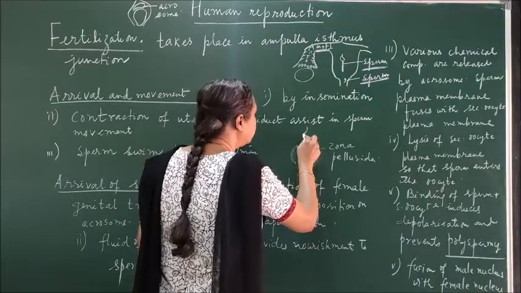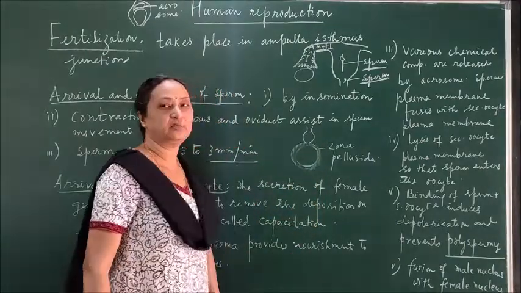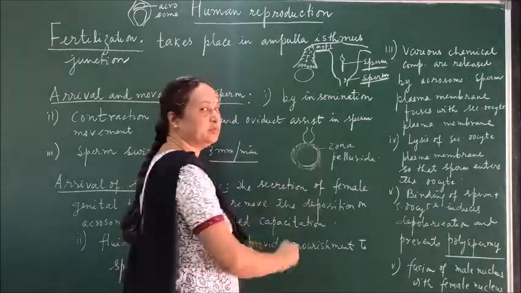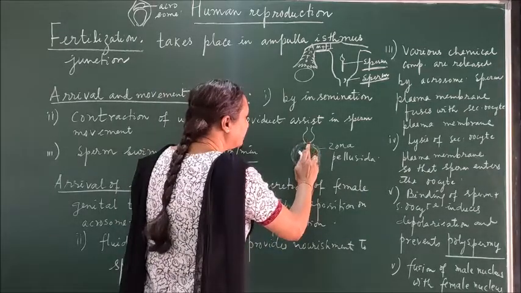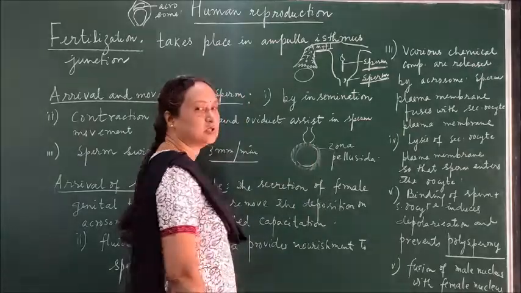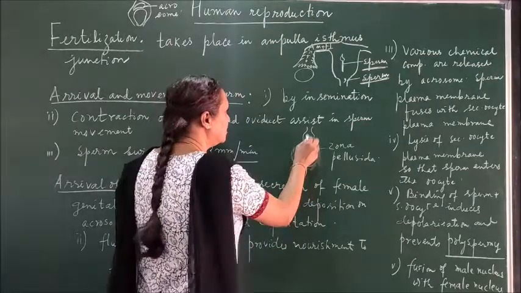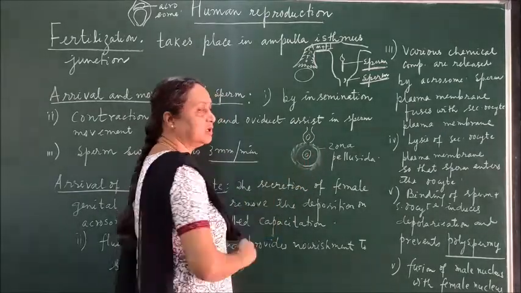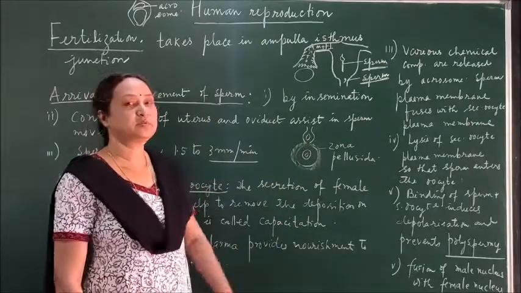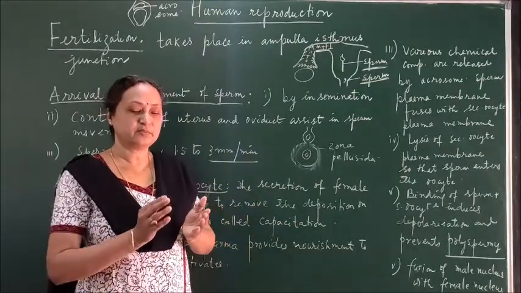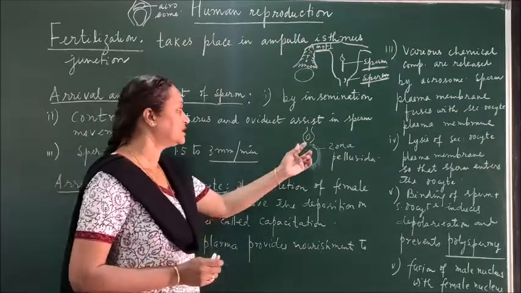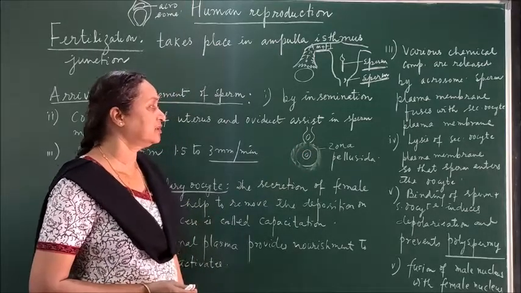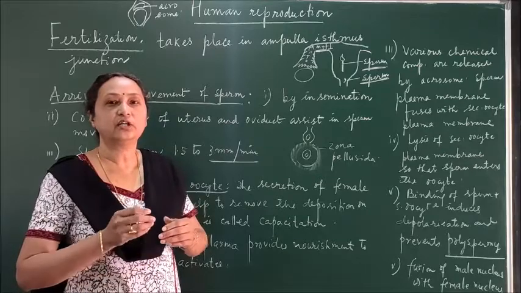When the sperm comes in contact with the plasma membrane of the ovum, then by the release of the hydrolytic enzymes from the acrosome, because the tip will be broken, the zona pellucida and the plasma membrane both will break. So the sperm head is having a haploid nucleus. This is the ovum which is also having a haploid nucleus, and the barrier which is present between the sperm and the egg is the plasma membrane and zona pellucida. Now both these layers are broken, and also you know that when the sperm comes in contact with the ovum, it can prevent polyspermy.